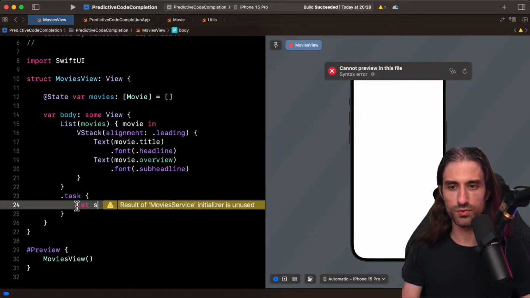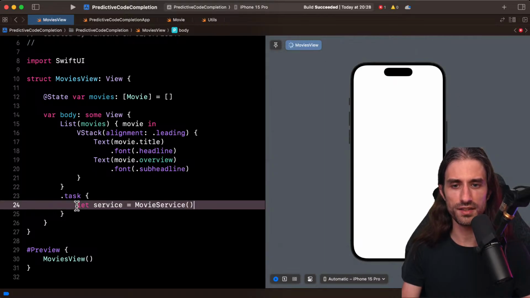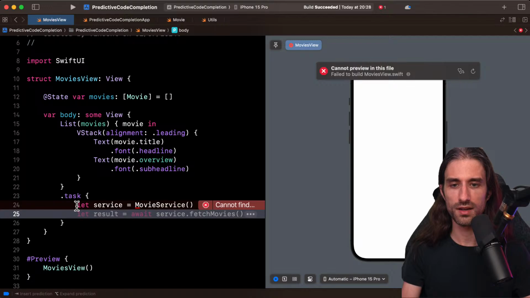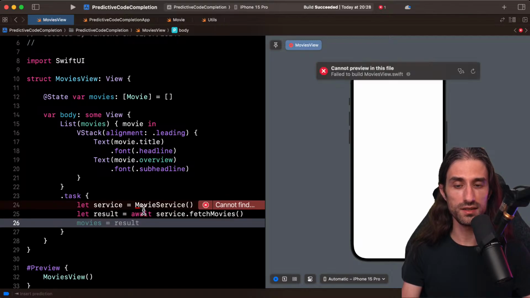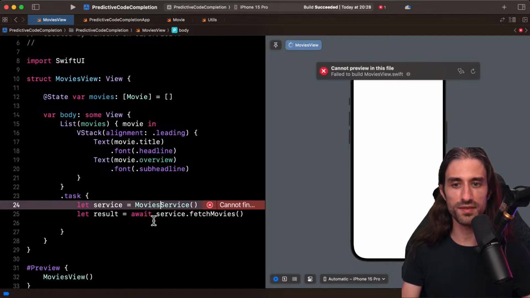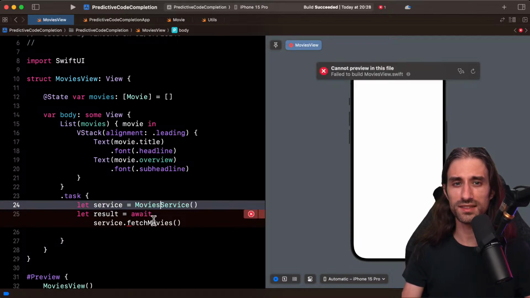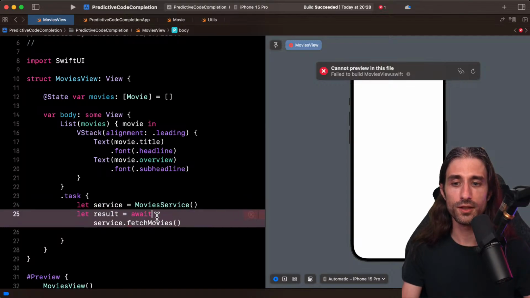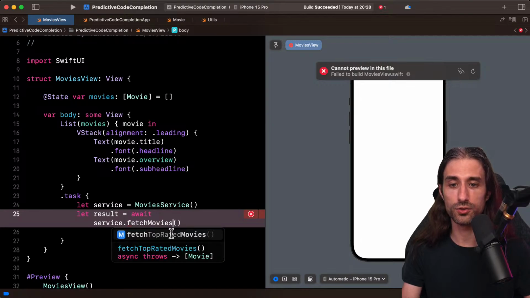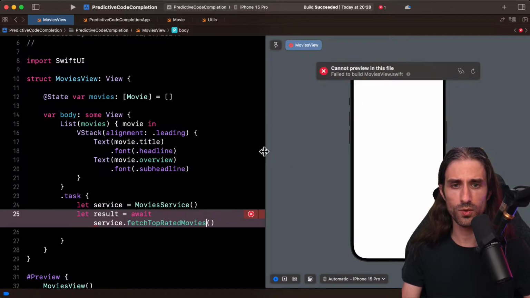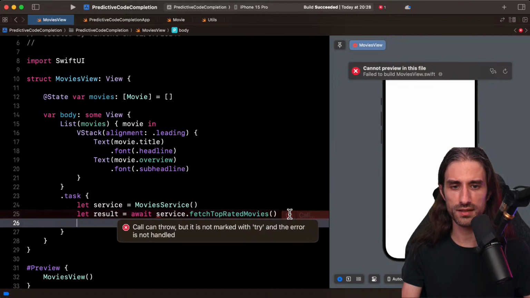You know what? I'm going to separate it across several lines. So I'm going to do service equal just to see if it can suggest that. Then this time it did it correctly. That's interesting. Also, it suggested movie service, but I called it movies service. So you can see that it doesn't necessarily keep the identifiers correct. There is a lot of probabilities behind it, which is what this kind of AI does anyway. They do probability at scale. So here it's calling the method not fetch movie, but actually it's called fetch top rated movies. So it's not always correct when it comes to naming once again.